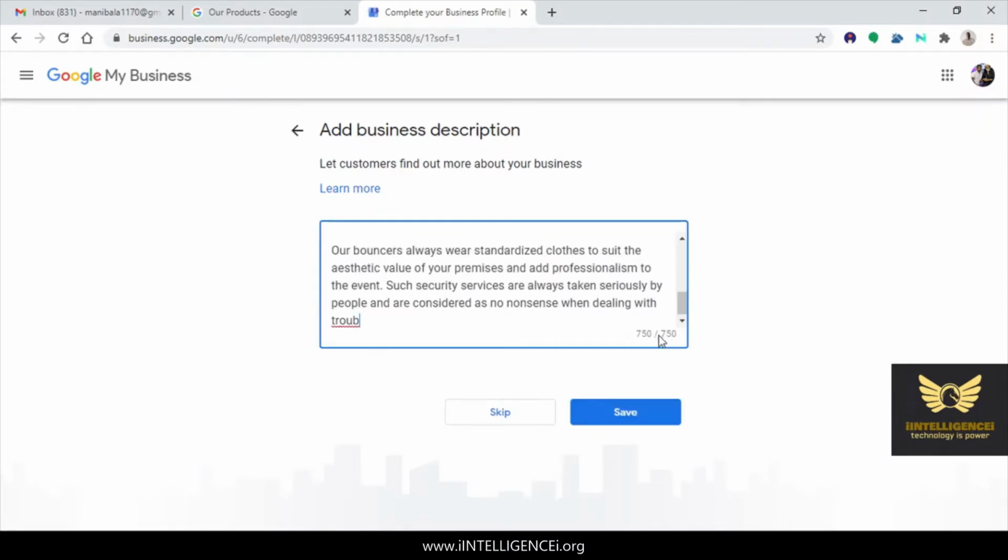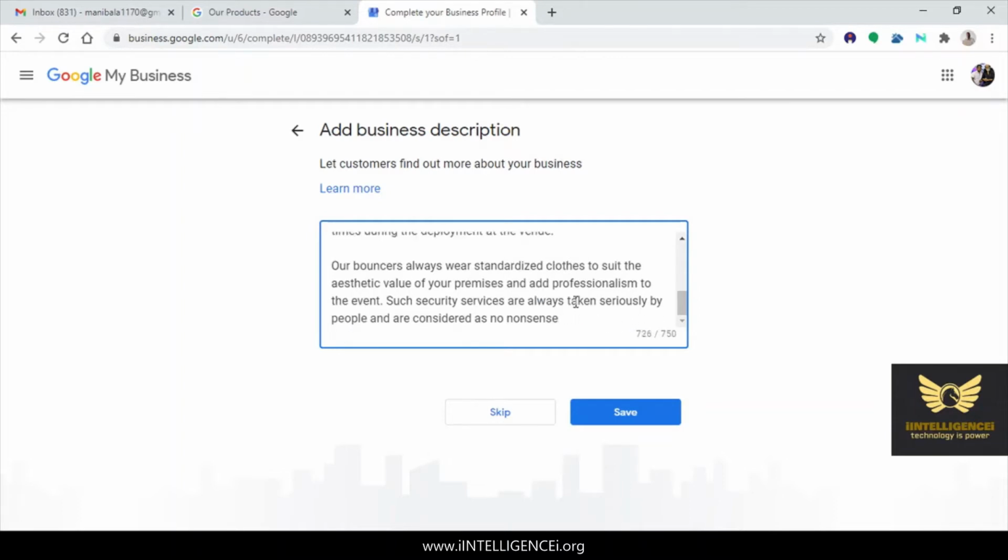See, maximum 750 characters you can give. So that's all you can give. So I'm just cutting it short. Right. Now click save.